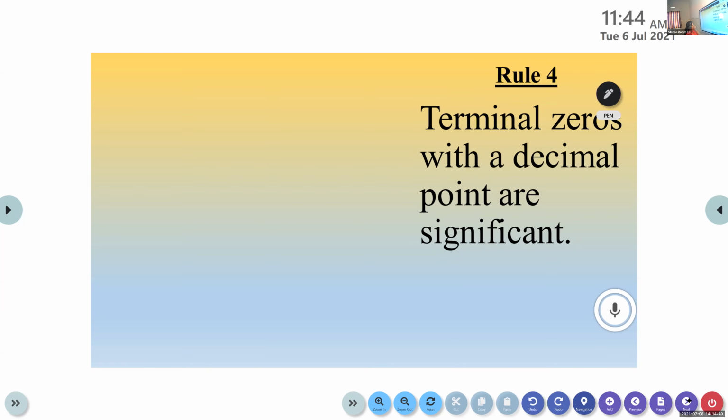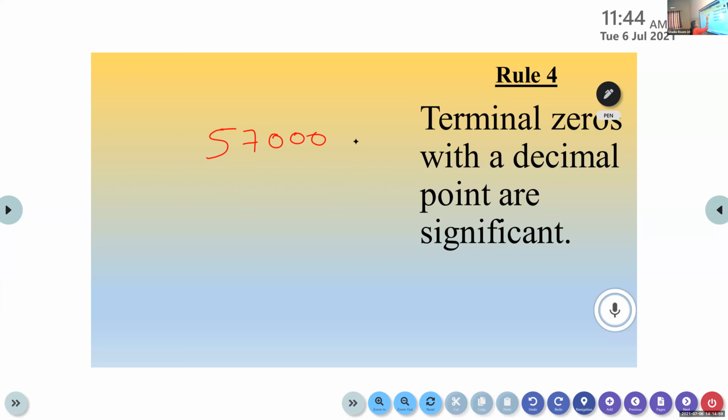We already discussed some examples based on this rule. Terminal zeros with a decimal point are significant. That is,